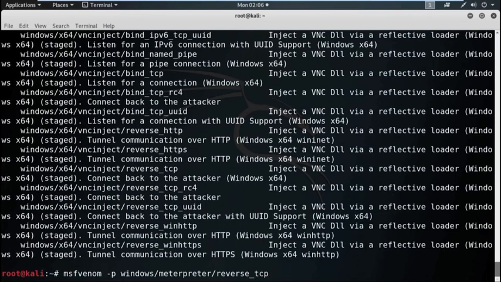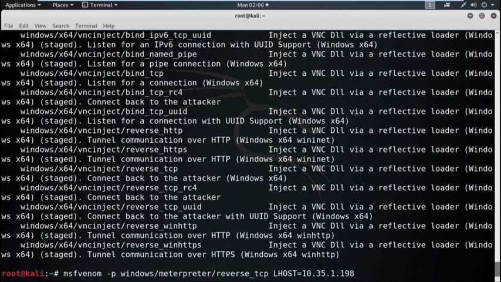Now, we need to set the LHOST. LHOST means basically the IP address of the attacker machine, that means the IP address of the Kali machine, that is 10.35.1.198.